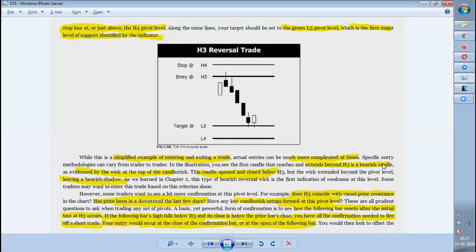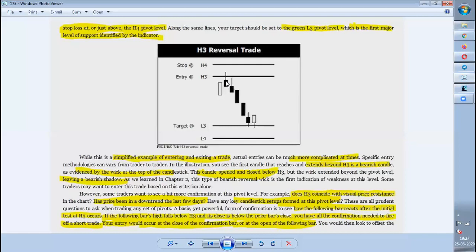So here, if you see this second candle, it is giving a reversal by having an upper wick. Clear? So one criterion is that H3 is rejected by a candle and it is giving a reversal setup. Now next, you need to wait for the following candle, and if the next candle closes below the rejected candle's low, then you can go for an entry. Then you can go for the entry on the sell side.